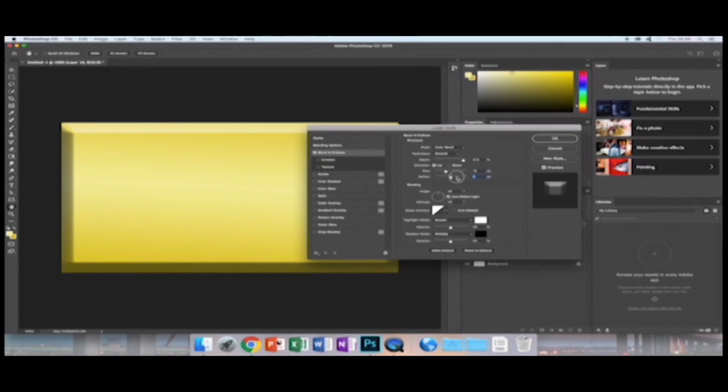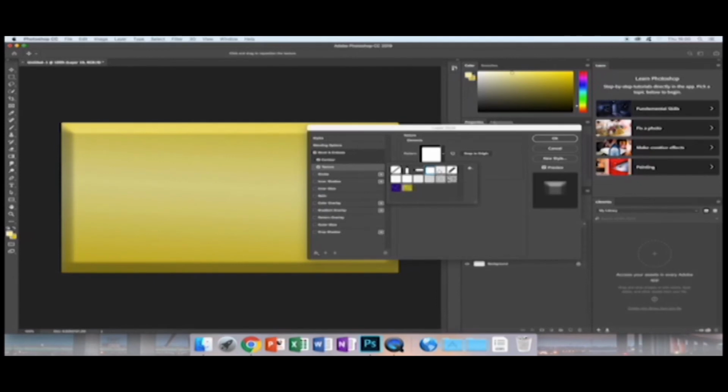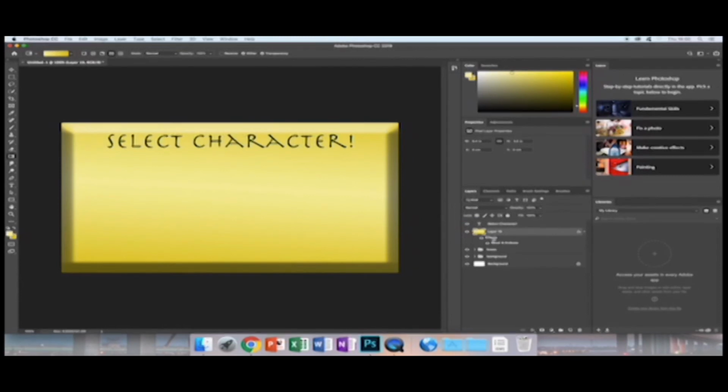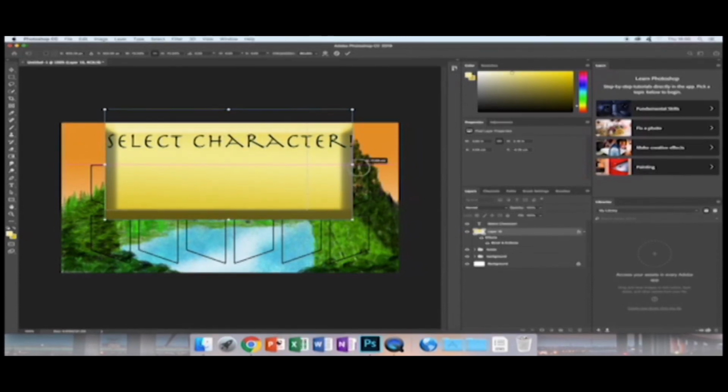But then I realised I don't think it actually works like that. But I gave it a go. Played around with the texturing as well. Realize you don't really need texturing or the contour, don't bother with that. Clicked OK, and then dragged it underneath the text layer so you can still see the character select. Highlighted it all and kind of just moved it to the size of the